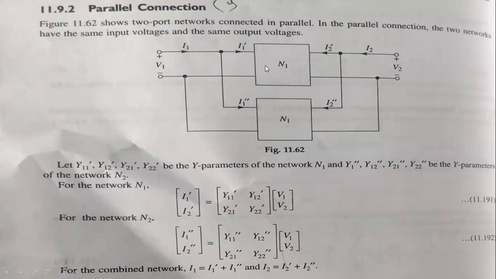So I1 will be equal to the I1 dash for the first network. Similarly, whatever the change in the current while you are going to connect in parallel, that will be nothing but I1 double dash. Going to the output port, the I2 for the first network is nothing but the I2 dash. Similarly I2 for the second network is nothing but the I2 double dash, I2 dash and I2 double dash. So see here the I1 and see here the I2. Okay, I1 dash, I1 double dash, I2 dash, I2 double dash, V1 and the V2. Clear?